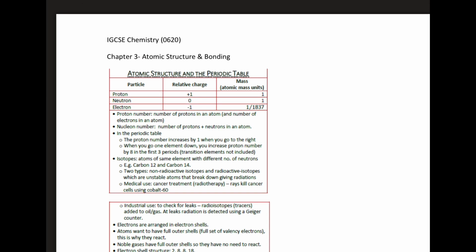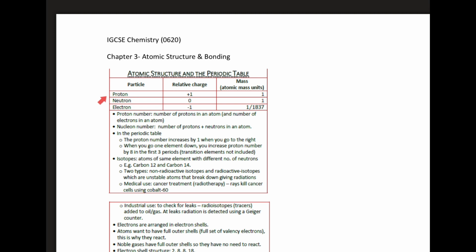Okay, so let's look at chapter 3. Chapter 3 is atomic structure and bonding. Okay, now let's see the information here. Atomic structures and the periodic table. So first we learn about the